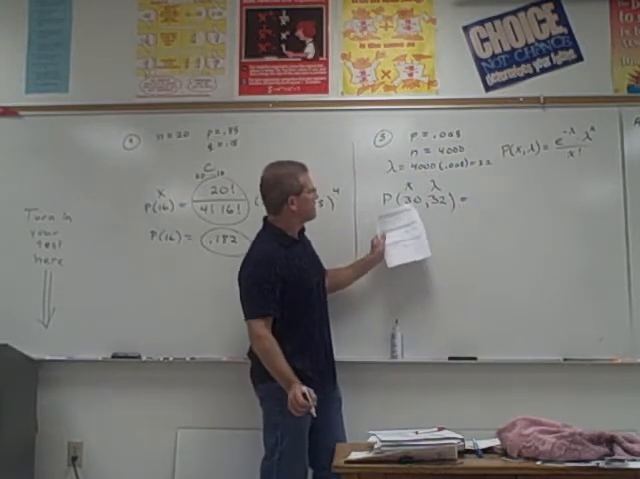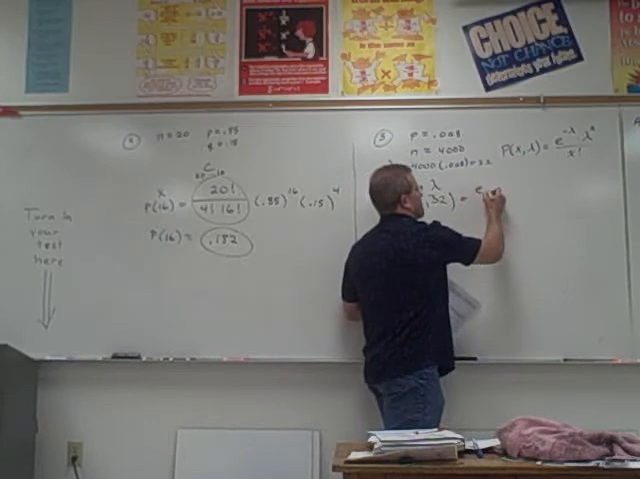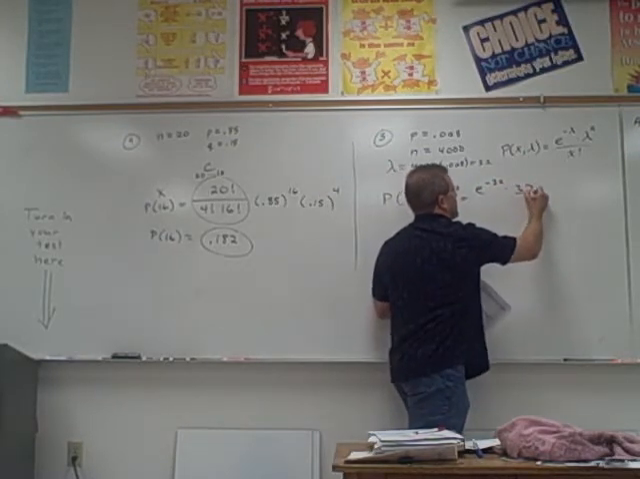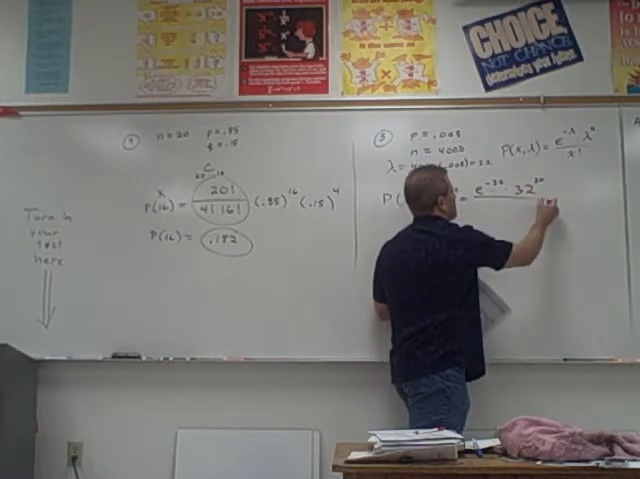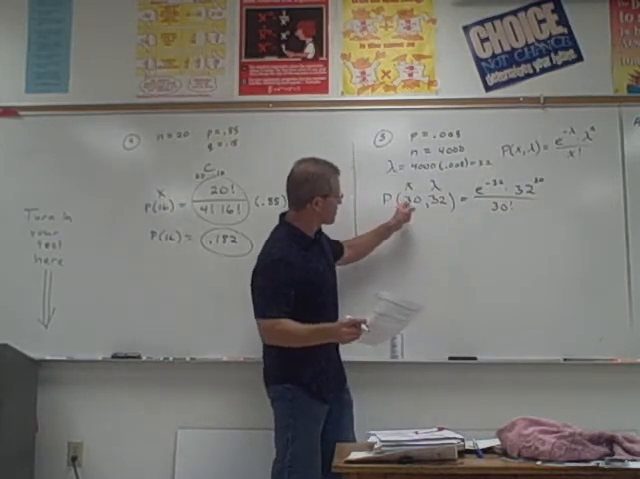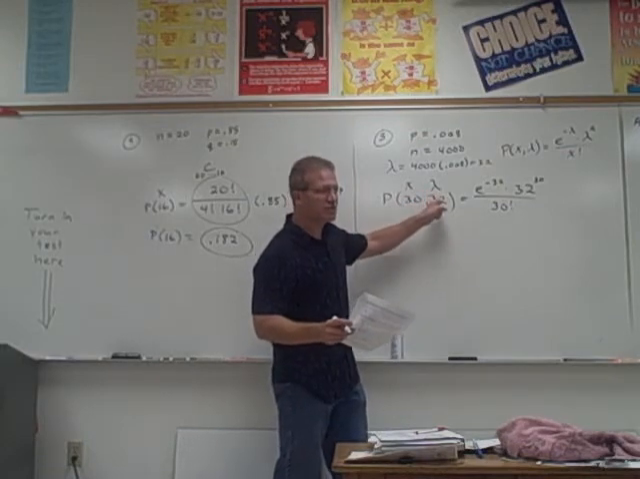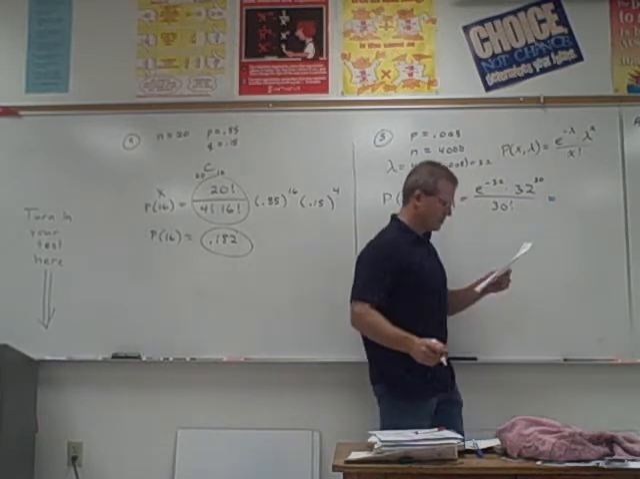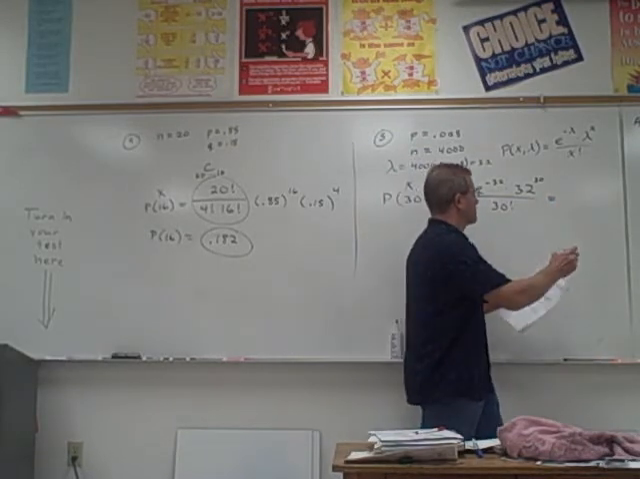So now we just take e to the negative 32 times lambda, which is 32 to the x, which is 30, over x factorial. We're trying to figure out the probability of 30 accidents when we know the average is actually 32. Type that in your calculator. Should get 0.068,